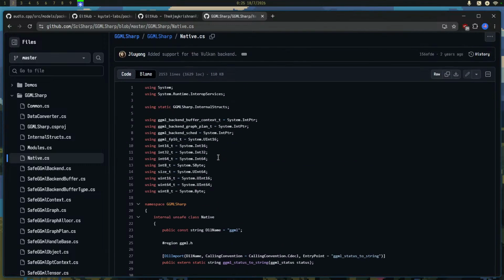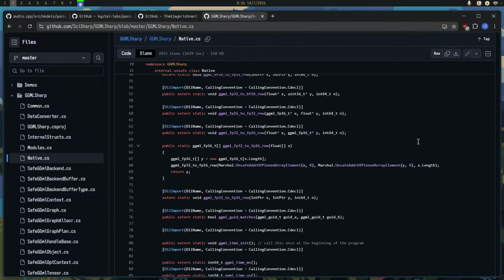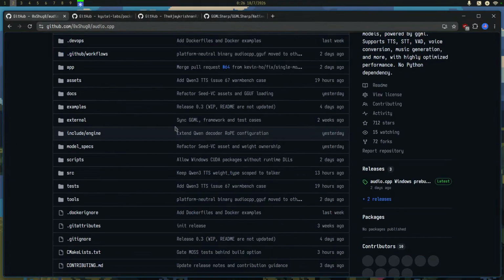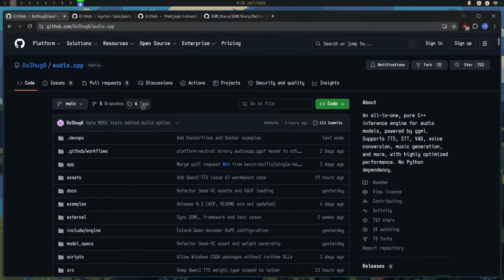We just need to have the ggml.dll, of course for Windows x64 architecture, which I think is provided by the llama.cpp distributions on GitHub. And we just need to use this file to rewrite, hopefully, audio.cpp in C#.